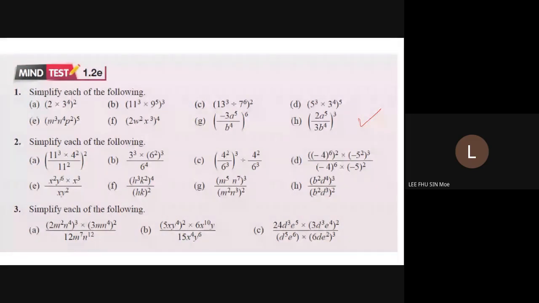Okay, we go to question number two. 2A, I think should be okay. Okay. How to do question number 2A? As usual, you just multiply the index with the index. 2 times 3, 2 times 5. This one 2 also has to times with 2 here. So the answer will become